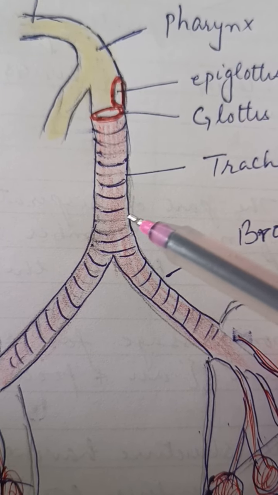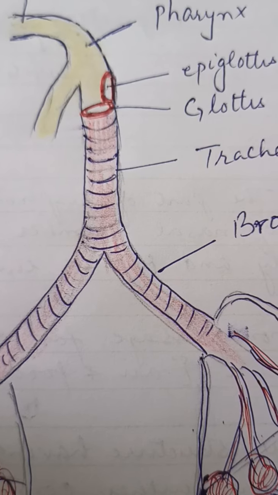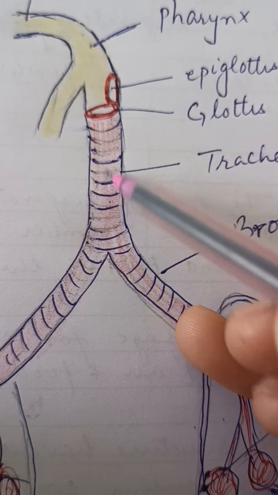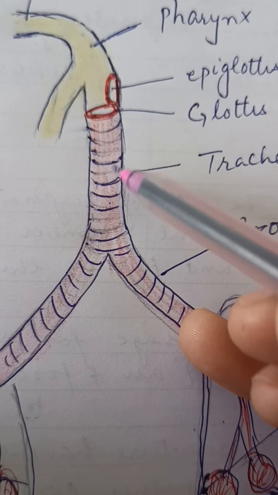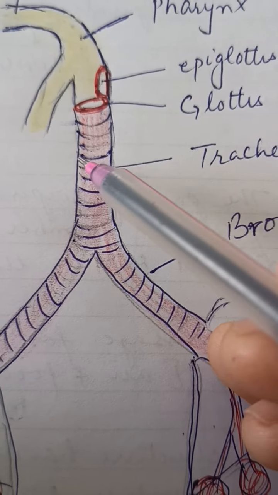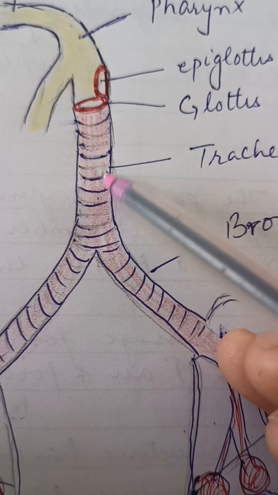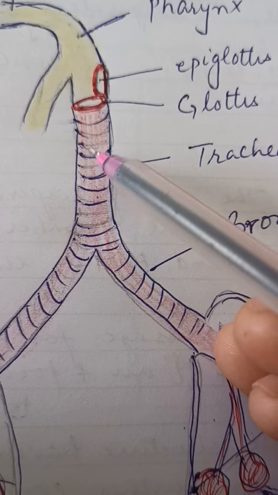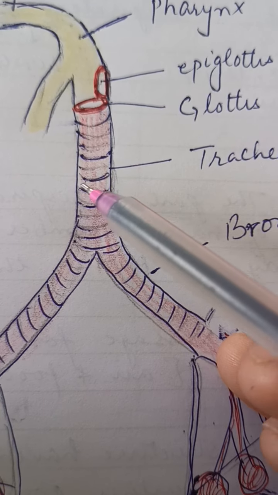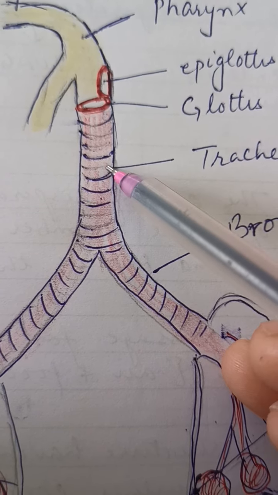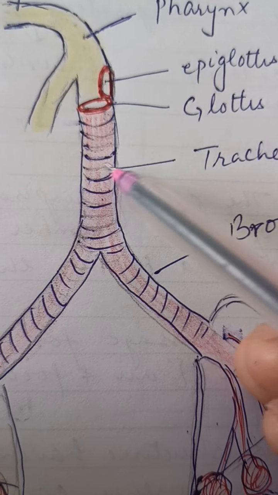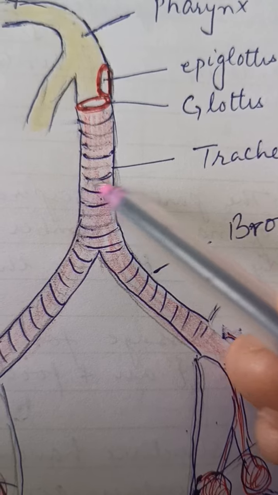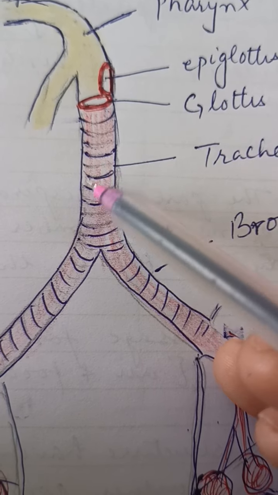इसके ऊपर ये देखिए lines हैं, these are the rings. So these rings help in expansion of the trachea. Means कि ये जो rings हैं cartilage के बने होते हैं, and these rings do not allow the trachea to collapse when the air is not present. Suppose इस region में air ना हो, तो ऐसी condition में if cartilaginous rings are not there, तो ये जो trachea है it may collapse. ये पिचक सकता है, collapse हो सकता है. तो उसको prevent करने के लिए there are cartilaginous rings.